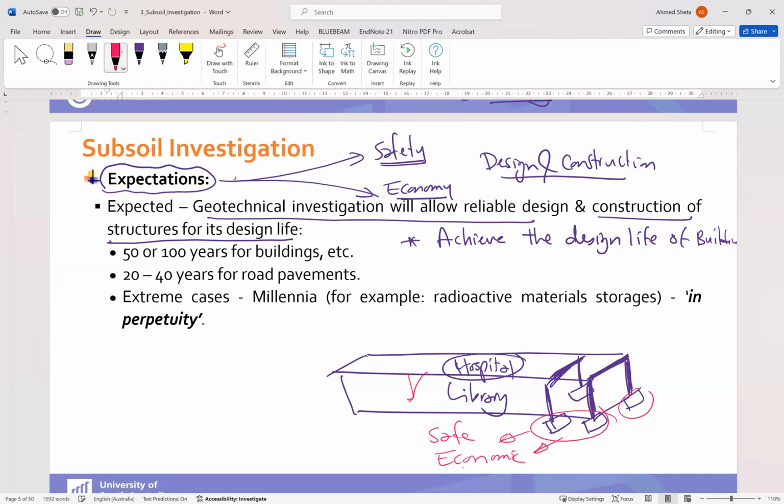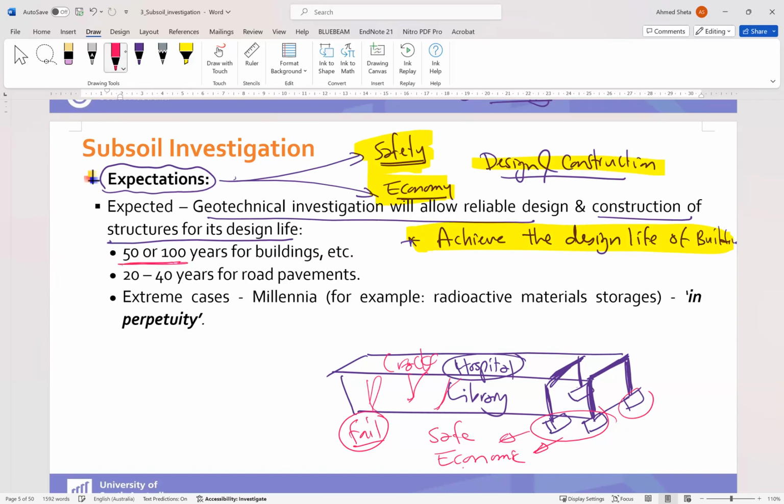Otherwise, what will happen to the building? The building will have cracks and it might fail due to inappropriate investigation of the soil. So what we need to do using the subsoil is also achieve safety and economy of the building design and construction, and also achieve the design life of the building, because as you may know,